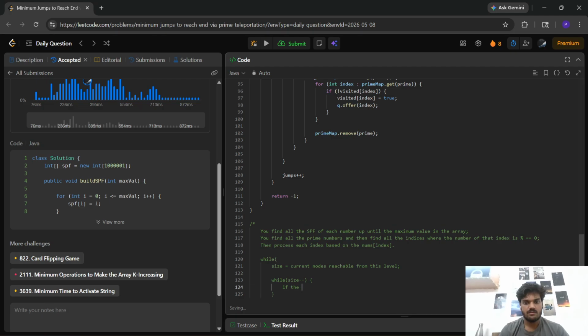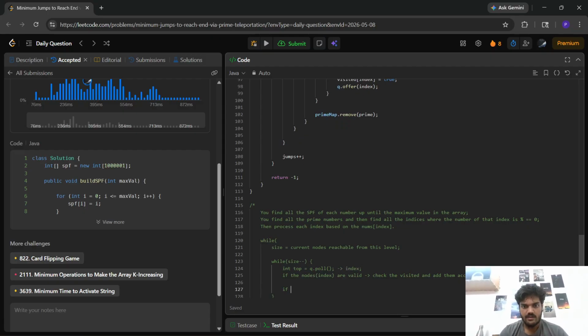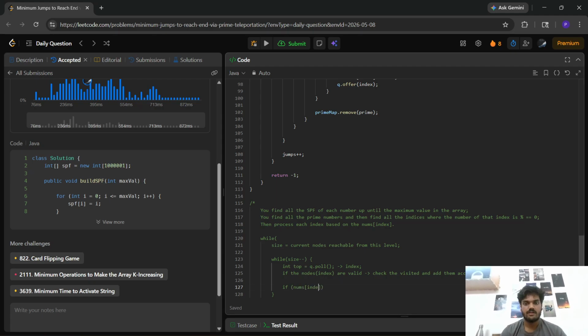If the nodes are valid, which are the indexes are valid, check the visited and add them accordingly. And top equal to q.poll, and this is also an index. And if the nums of that index equal to a prime number,